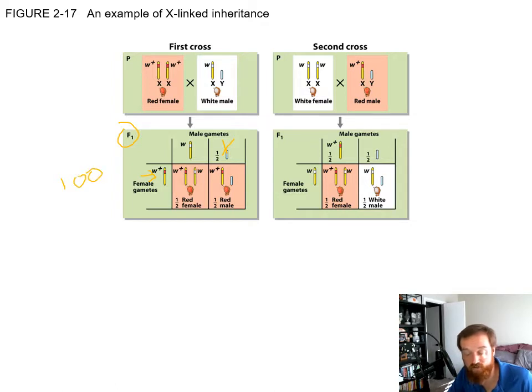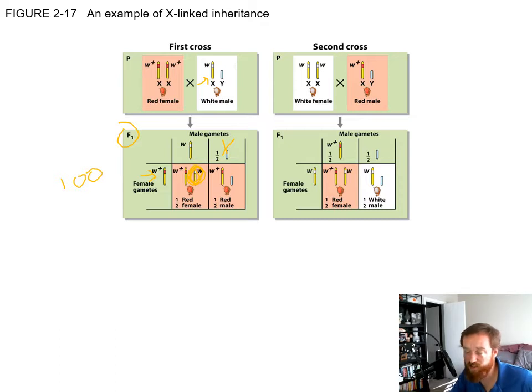Half of them are female and half are male, but they can only inherit the red gene, because the white gene is recessive, and it can only be inherited in females, right? Because the females are the only ones that get this X chromosome from the father. And those females, because red is dominant, have a recessive copy of the white. So 100% are red